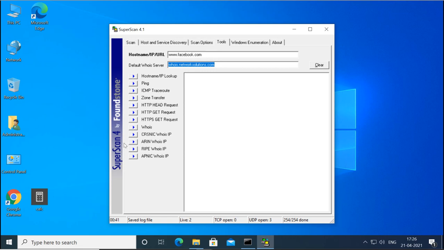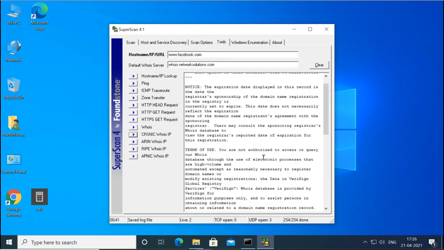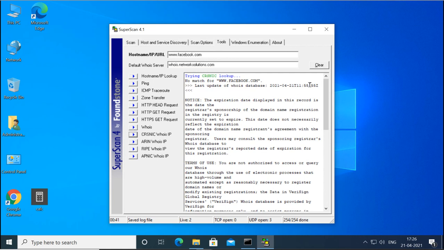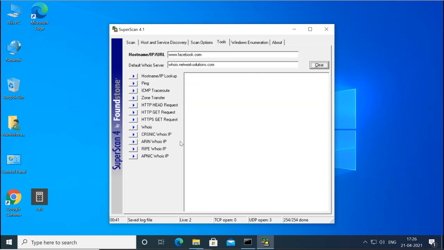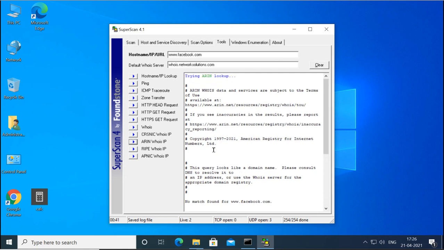We can go for the IP range, and it may find it in ARIN. So if you have the range, then you can find that range also. Now these are the tools we have to use here.